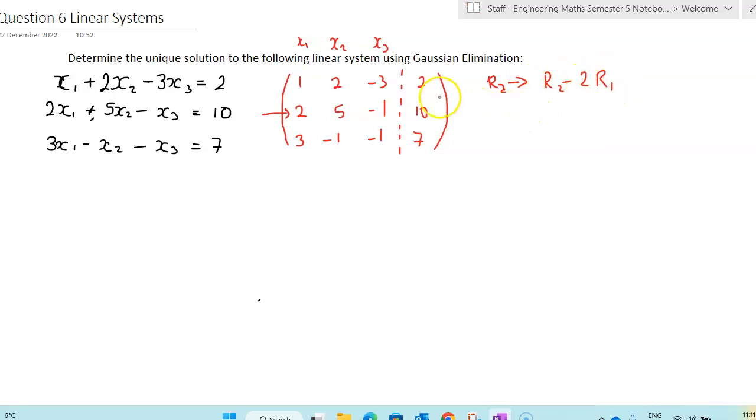Now that means that row 1 and row 3 aren't going to change. So I can rewrite row 1 and row 3 now. Row 1 is 1, 2, minus 3, and 2. And row 3, which is 3, minus 1, minus 1, and 7. And I have to fill in the new row 2. So the mathematics for that are going to be,